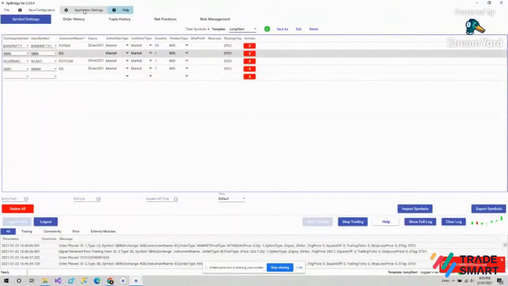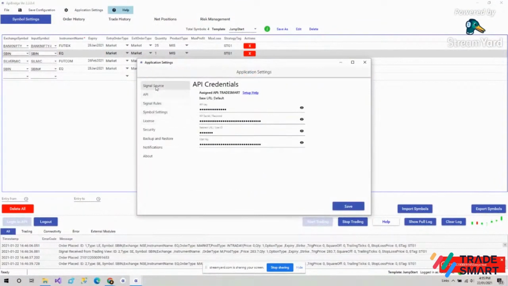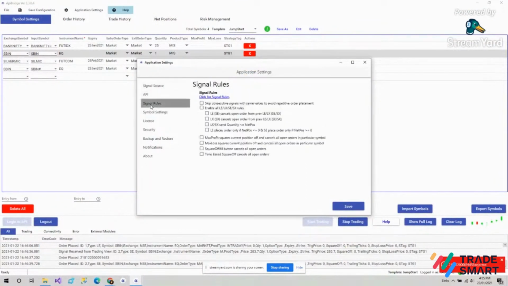Apart from that, we have some application settings here. In application settings, you will find signal rules. So what is the utility of these signal rules? Signal rules helps you avoid strategy misfire. So if you can read here, it says skip consecutive signals with same values to avoid repetitive order placement.